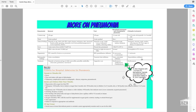Now, I did put a note here that I actually disagree with the greater than 102 fever for mycoplasma. Typically, it's associated with a lower grade fever, and I did find that reference for you in UpToDate. So you will not be tested on something that tells you about the fever with mycoplasma. Again, mycoplasma pneumonia usually presents with a lower onset of fever, not higher, even though your Burns text does put greater than 102. I think that probably honestly was a typo. Okay, so